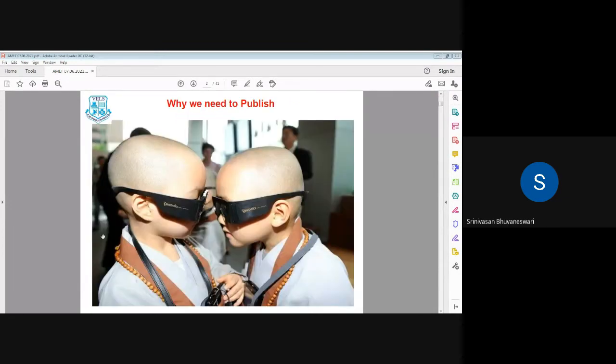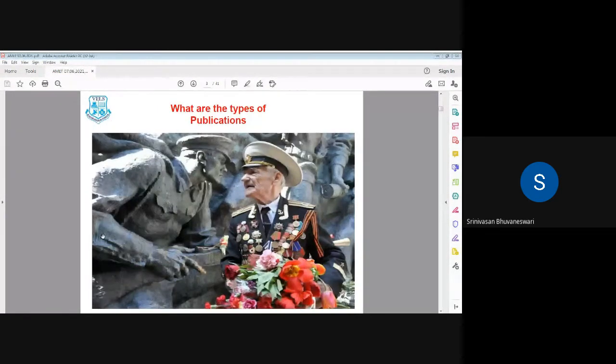Right. First of all, why do we need to publish? Is it necessary for us to publish? We are enjoying our research, but why do we need to publish? When you publish, your work is reviewed, so you can get an idea from other peers, whether it is positive or negative criticism. You can even modify your research when you are publishing, you can gain more knowledge, and above all, you can live for generations. In the sense that